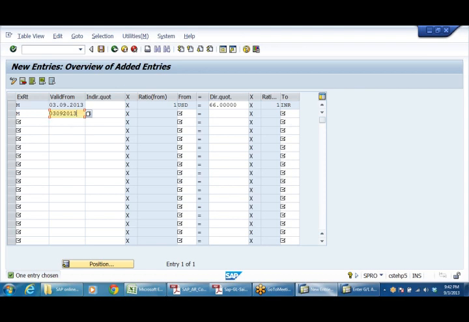Same 03, GBP, Great Britain Pound. GBP is equal to, let us say, let me take 99 rupees. Exactly reverse, 66.99, right, into INR.